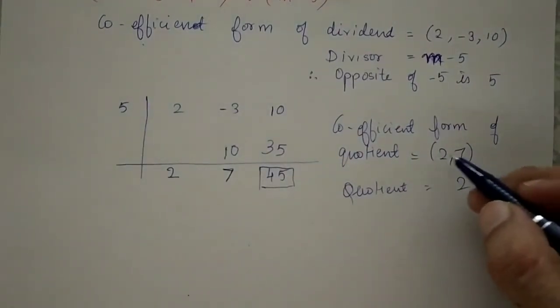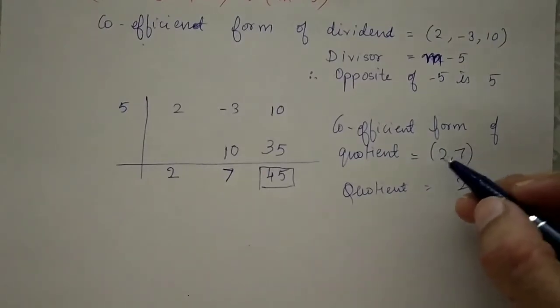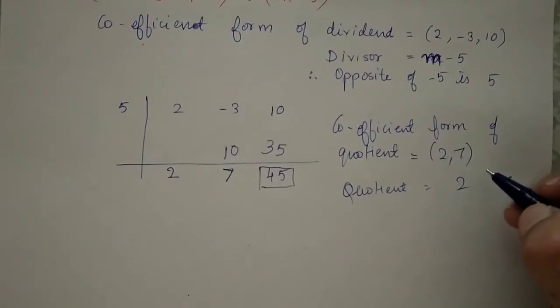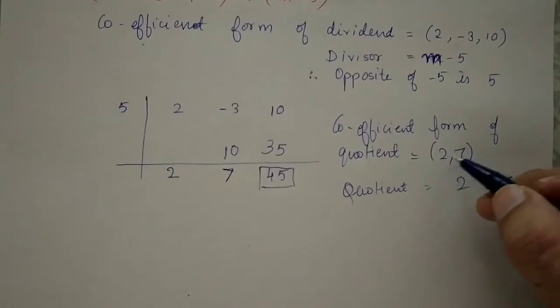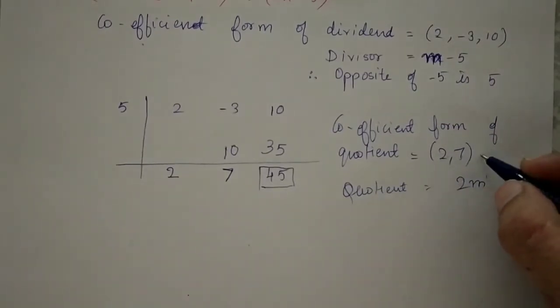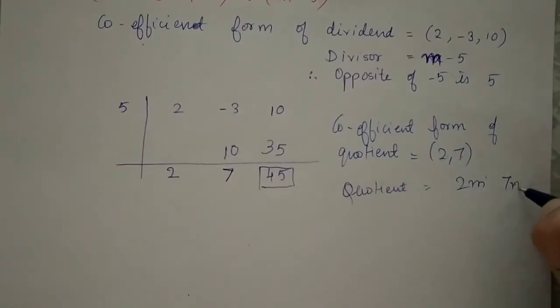How many numbers are these? 2. So we subtract 1 from it. So 2 minus 1 is 1. So what will be the equation? The highest degree of this will be 1. If there are 3 numbers, then the highest degree will be 3 minus 1, which is 2. But since here there are only 2 numbers, what will happen? This will be 7m raised to 0, and this will be m raised to 1. See, how will you write? You start from 0, 1, 2 and so on. So this will be 7m raised to 0 and this will be m raised to 1. And there will be a plus sign here.